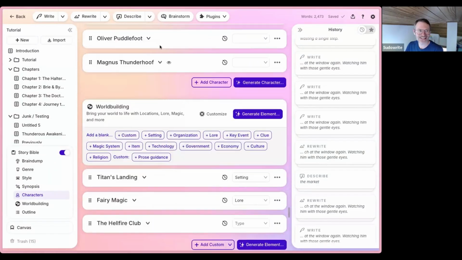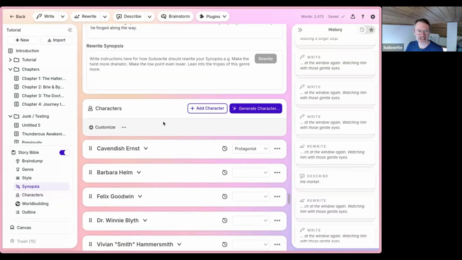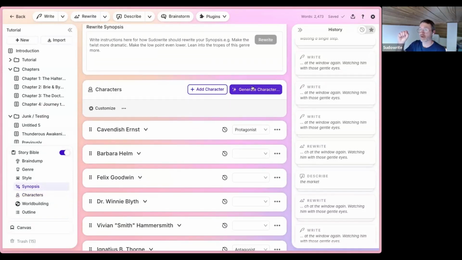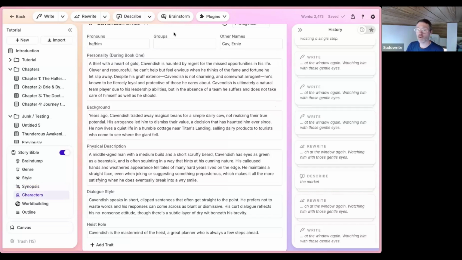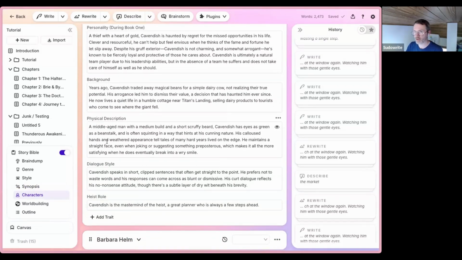Oh, I did it. So I can hide that character, use a little caret to collapse it. If you create your whole cast at once, you're going to get this long list of characters with detailed character cards here. They include a whole bunch of default traits, including a personality, a background, a physical description, and a dialogue style. All of these will be filled in for you, but again, if anything doesn't ring true to you,